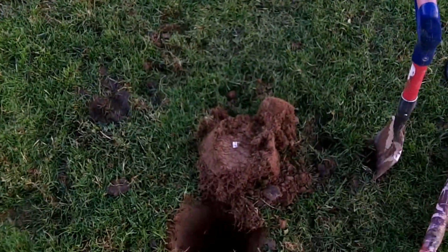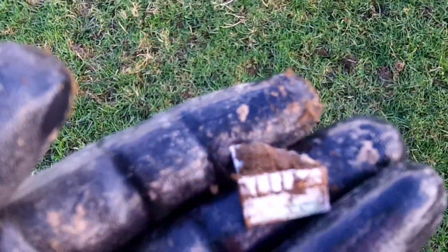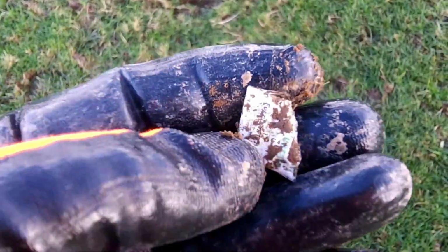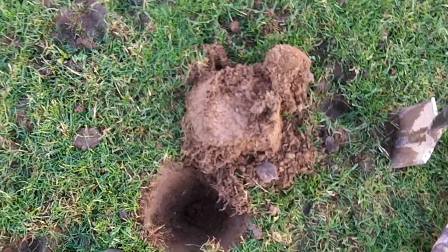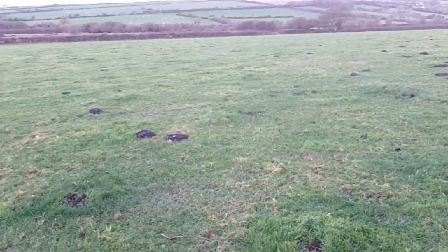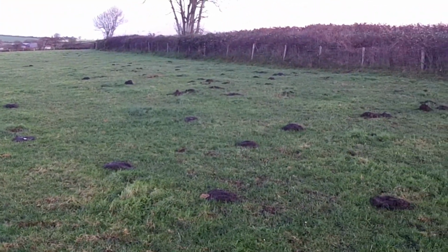My second signal, you guessed it, piece of blue tube. You always find them, you get a great signal, but it turns out to be a piece of moo tube. So yeah, let's bag that, fill the hole back in, and let's carry on. Blowing a gale here today, so let's carry on to the